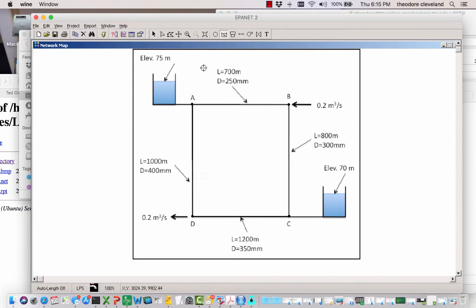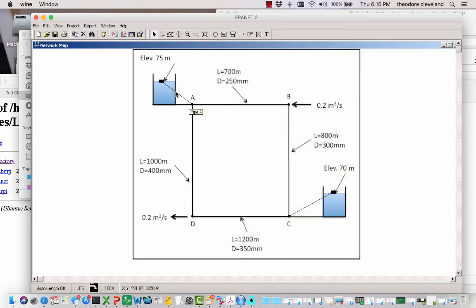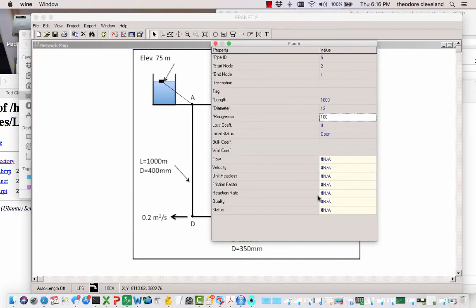We're going to have our two reservoirs, and I'm going to introduce them into the network with two additional pipes, and we'll make those pipes fairly short, large diameter, and very smooth. So those pipes essentially provide no head loss whatsoever, and so they're basically directly connecting this 75 meter head to node A. We'll do the same one here, fairly short,